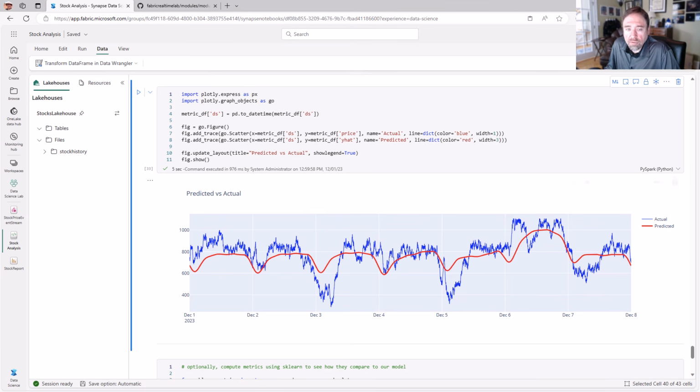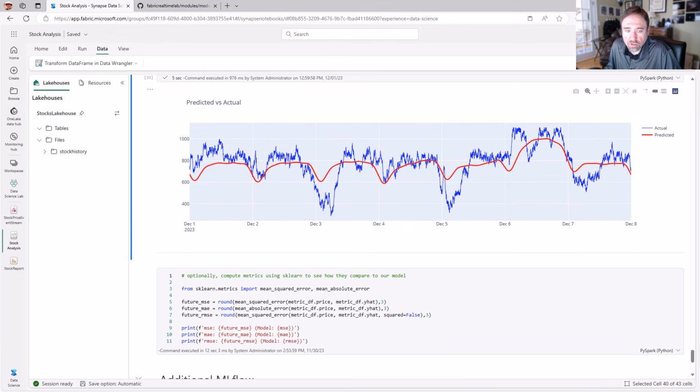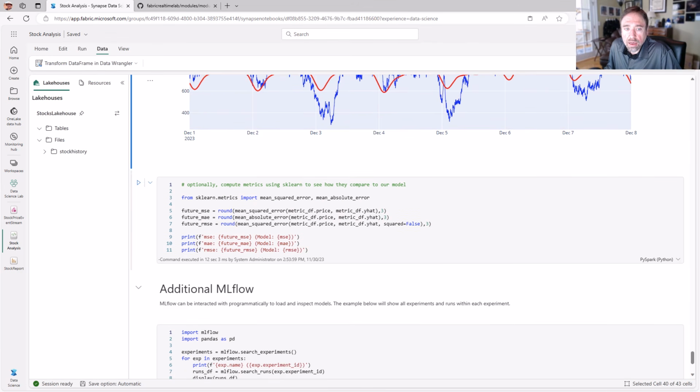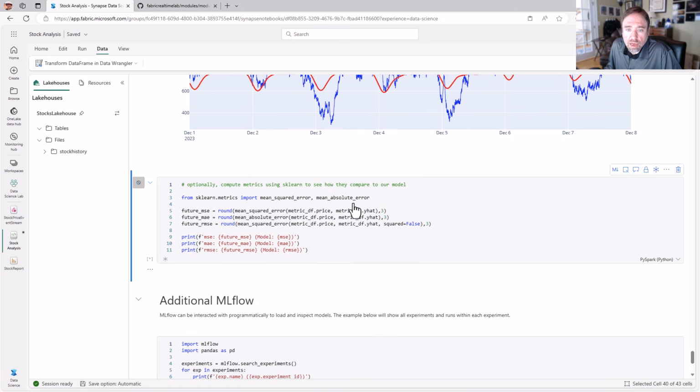So obviously there's a lot of room for exploration in how this works, but nevertheless, this is our first pass that we took in only a few minutes, right? So I'm pretty pleased with what that looks like. Now, the next thing we could do is look at the Scikit-learn metrics module,